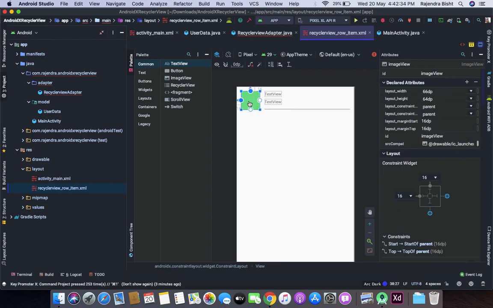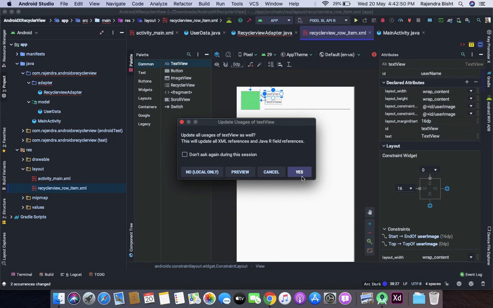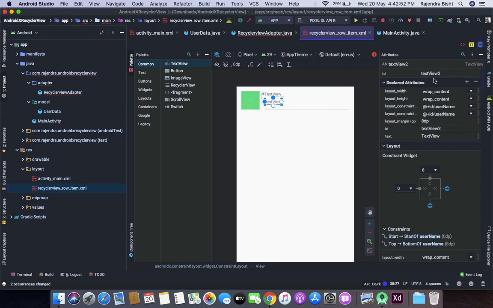So let's set the ID of each of the elements. Let's say user image, username, and the third one is user description.